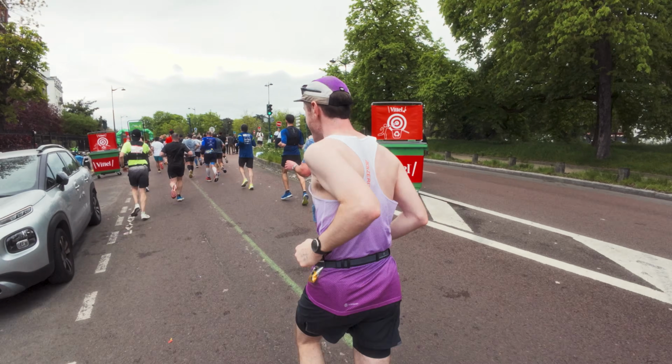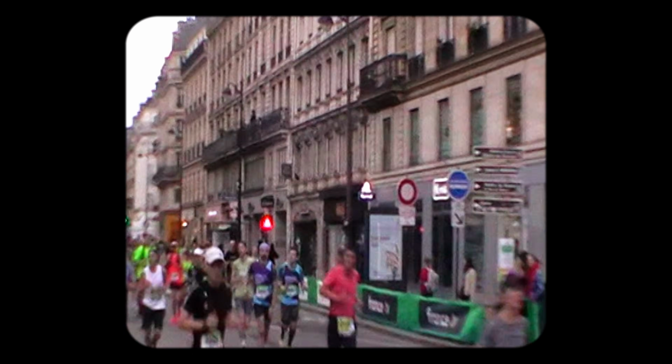Coming past halfway, still alive. Yes, mate, we're nearly there. Halfway there. Went through the half in 1 hour and 52 minutes. I felt strong, I felt comfortable. I found myself in a sort of flow state, if you will, where time was passing really quickly. And all I was focused on was hitting the pace that I needed to hit in the kilometre I was in. My legs had started to fatigue a little bit at that point, but the main thing I was concerned